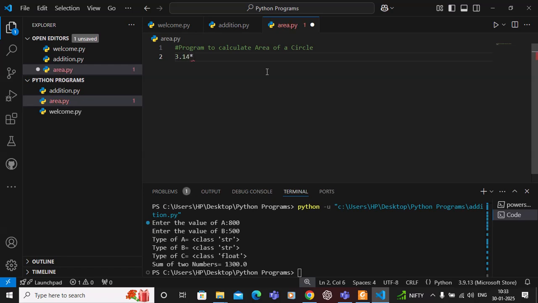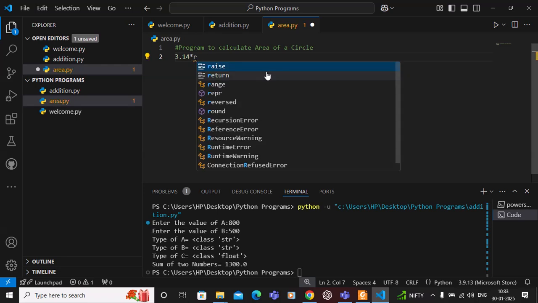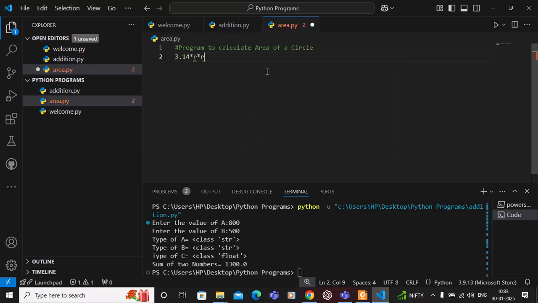into, here instead of writing, just like in mathematics we write cross, here for multiplication we have this asterisk operator. So we have to use this formula, 3.14 into radius. I will take this variable as r into r. I will write this in the form of a comment, so that you will remember this. Now I will write r is equal to input,